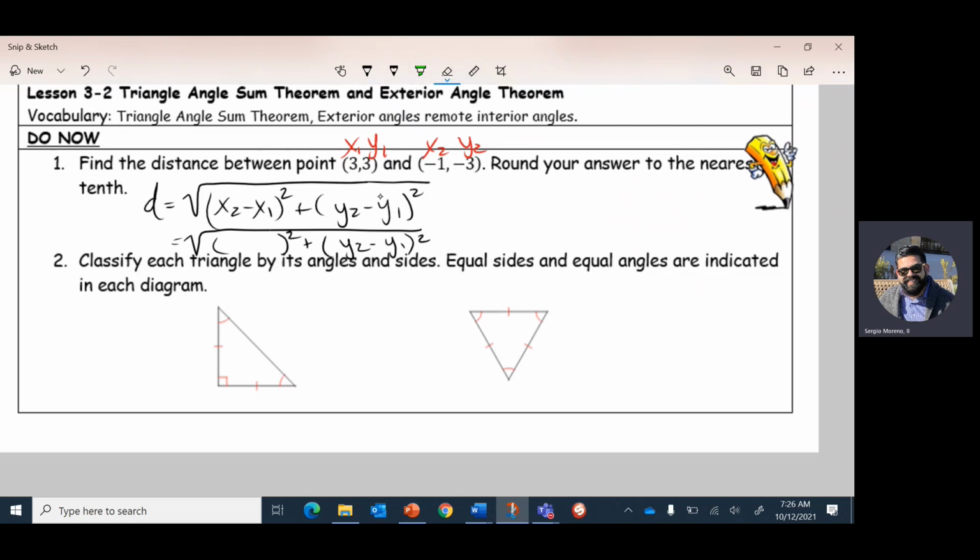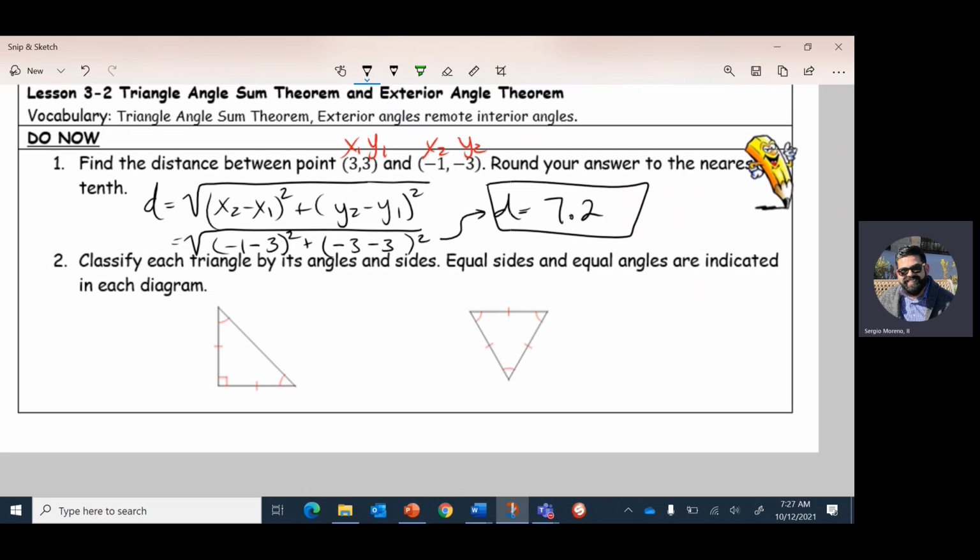So x2 is -1 minus x1 which is 3, -3 minus 3. Put this into your calculator and you should get the distance. We're going to round that to the nearest tenth, and that should come out to about 7.2. Okay, so